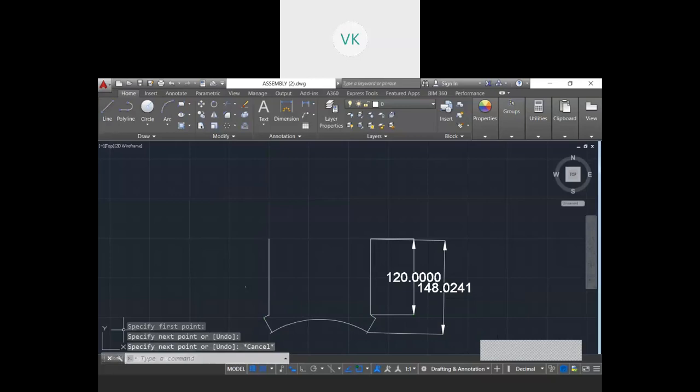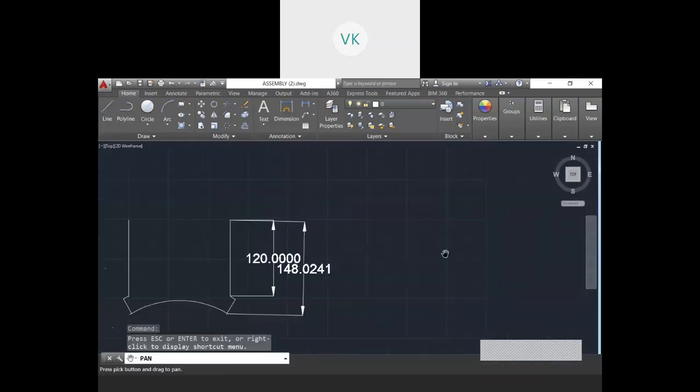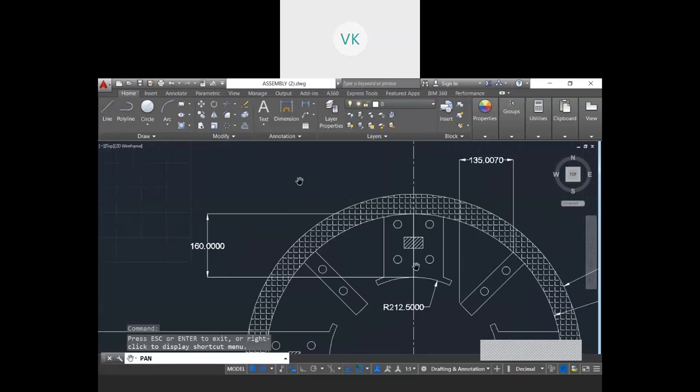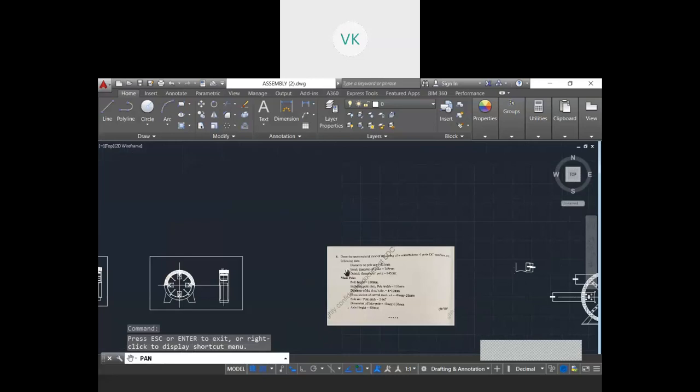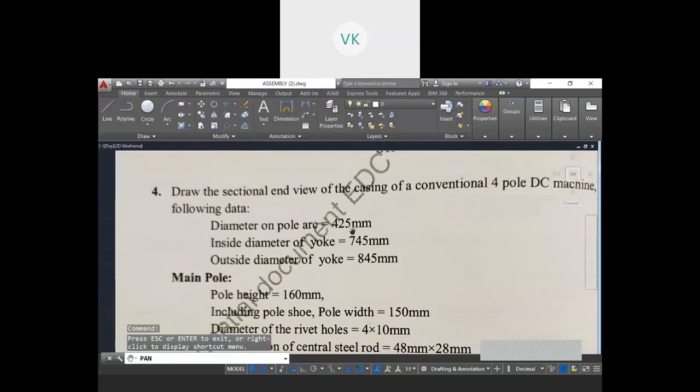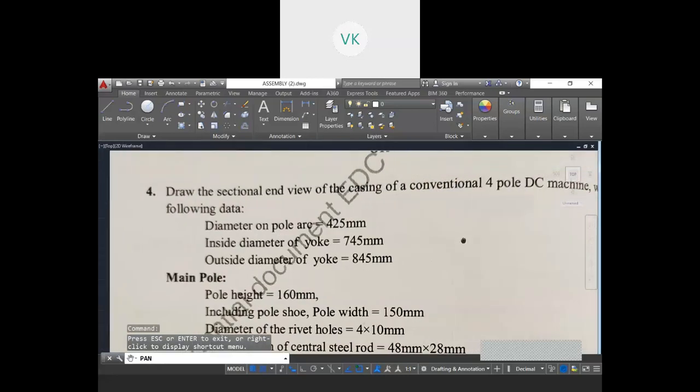So this is my pole shoe with a pole. In this case I have taken it directly because I knew the inner diameter. Based on that I went ahead. It is 425. In the problem it is mentioned that the diameter of the pole arch is 425 mm. If you know this, then it is easy.